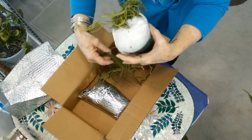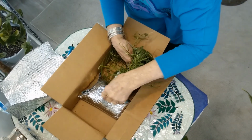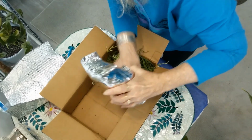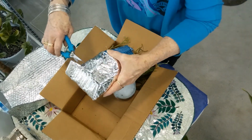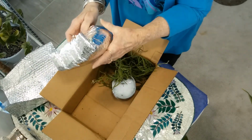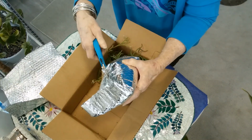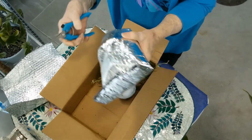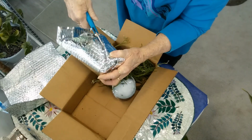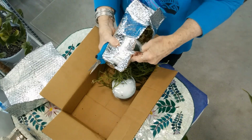And, wow, there's one over here. And now this one will be the... Oop! Wants to tip over there. The pots are pretty light, so they've taken some. They need some water quick, or that one does anyway. This one, I don't know. Well, that tape really sticks to this silvery stuff. That's a great way to package, though. It not only protects them from the